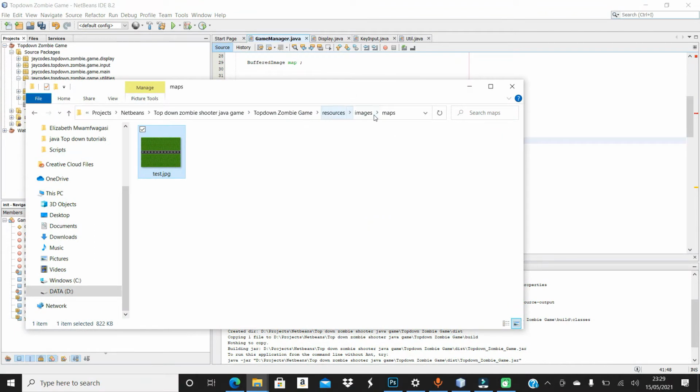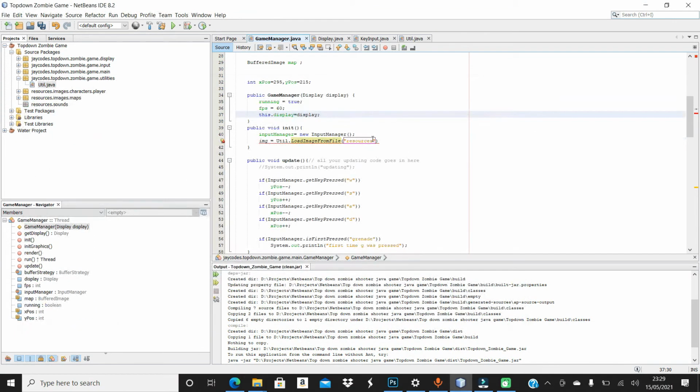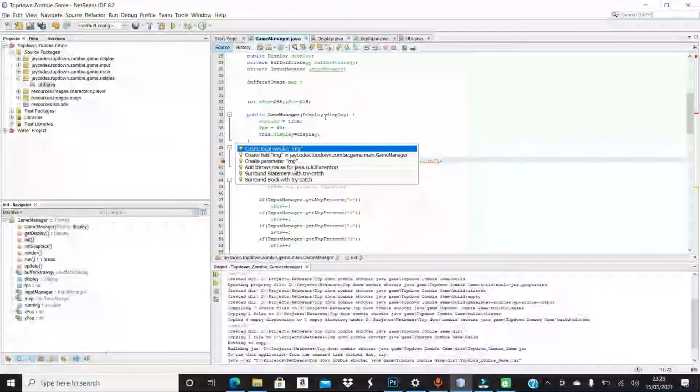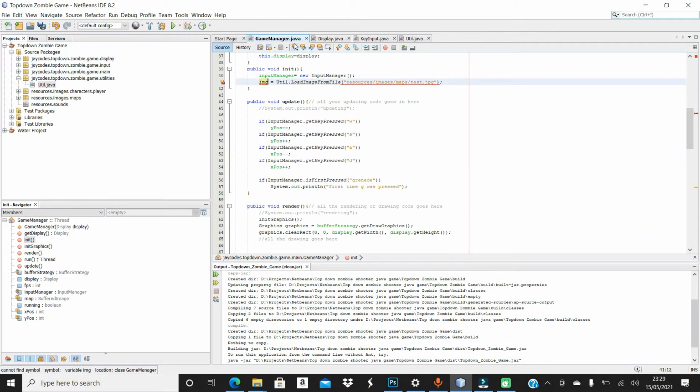So let me just open the folder. It's going to be in resources, images, maps, and then test.jpg. Spelling is very important here. Reason being, if you make a spelling mistake,